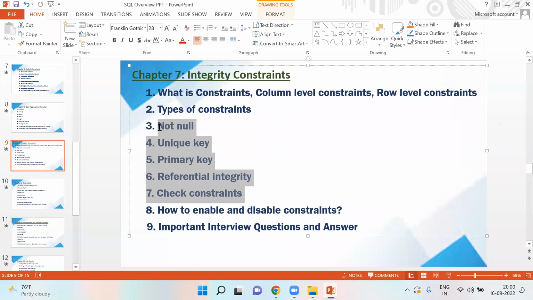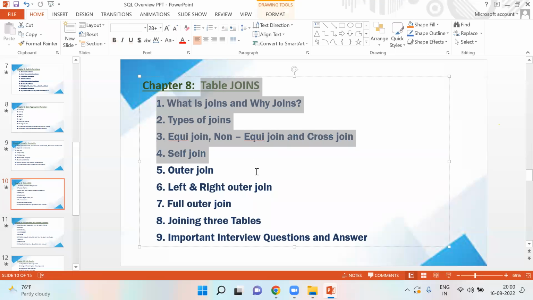So these are all used more by developers, but we should know, okay, as a tester, we should know what a constraint is and all, but mainly this will be applicable for developers. Developers should know this very thoroughly. But we also have some use of these constraints, so we should know them frequently and nicely, so that in an interview if they ask, you will be able to answer. But they will not ask many questions from this, it's easy only. Okay, it's all easy. Okay, so the next topic is table joins, which is very important.